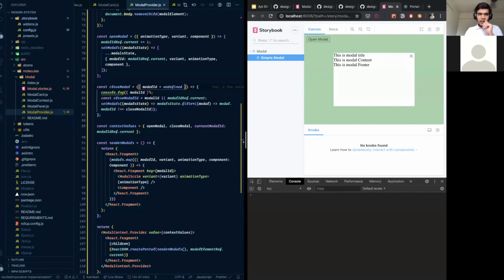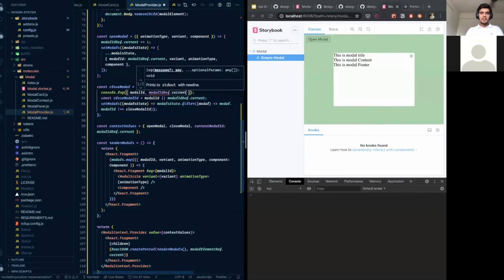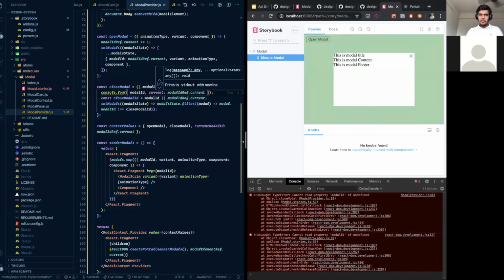So yeah, I'm doing this. Because I want to close the current model, I will just say this. So, okay, it's a problem there. Modal ID of undefined.